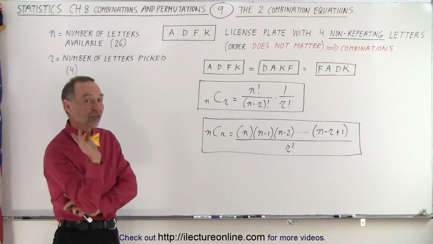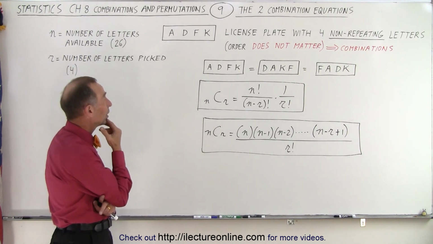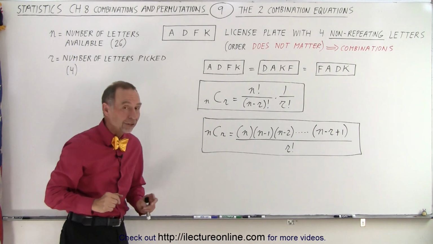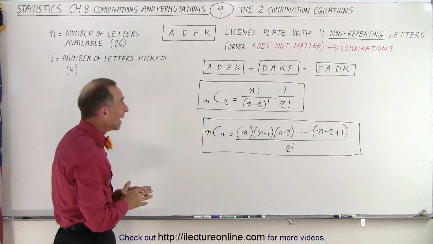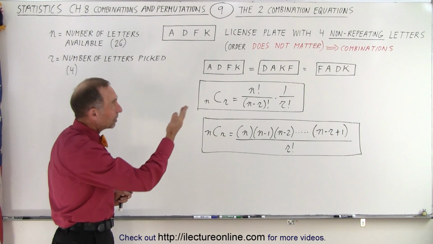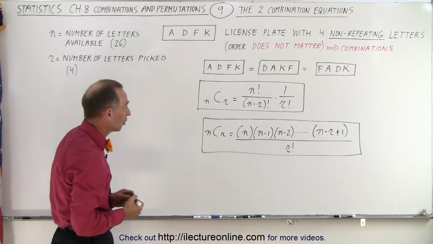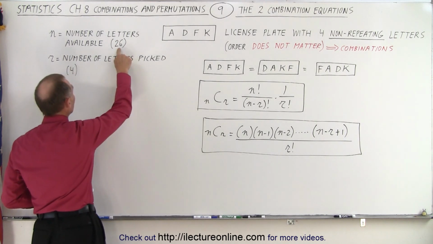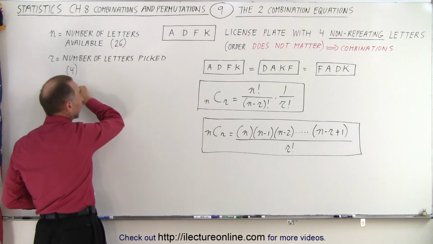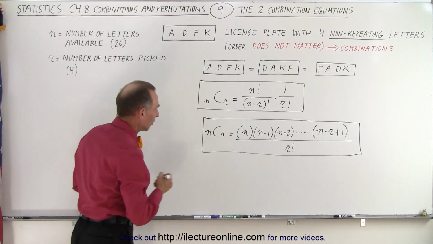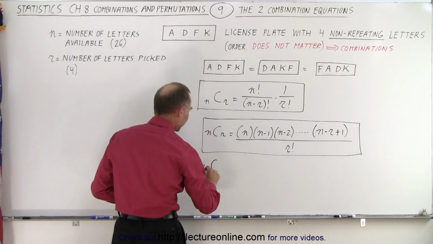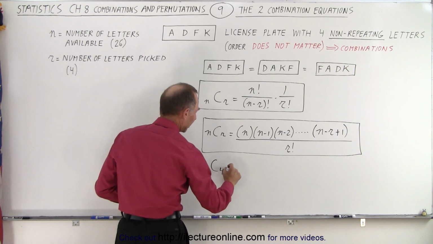Now, we're going to use the same example to show how this works. Notice that we have a license plate of 4 characters, non-repeating letters, that's typically what we use, and the order does not matter, so yes, indeed, we're dealing with combinations. So, how many total combinations? We have 26 letters to choose from, 4 are picked, and they're non-repeating. So that means that the total number of combinations of 26 available letters and 4 are picked, that is equal